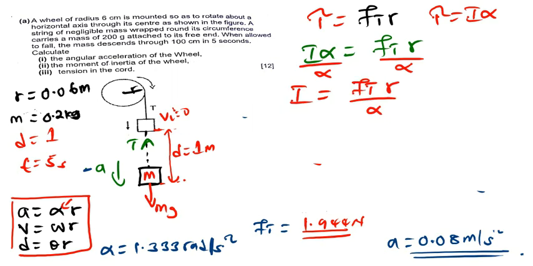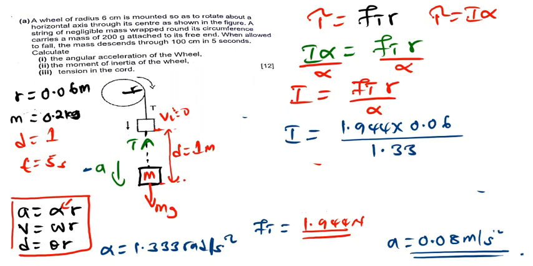So the moment of inertia will be the tension force 1.944 times the radius 0.06, divided by the alpha, which is 1.333. So I'm getting the moment of inertia to be